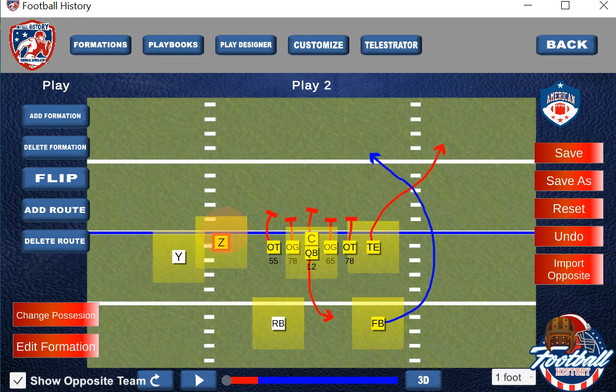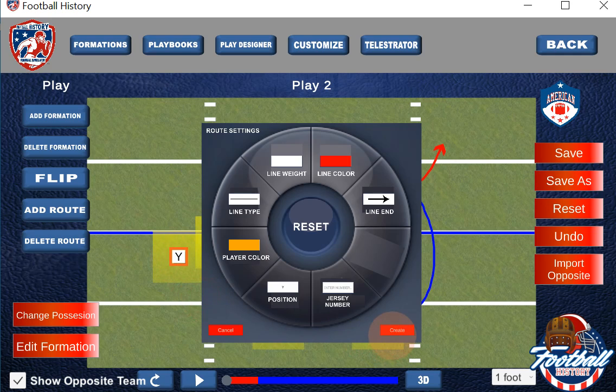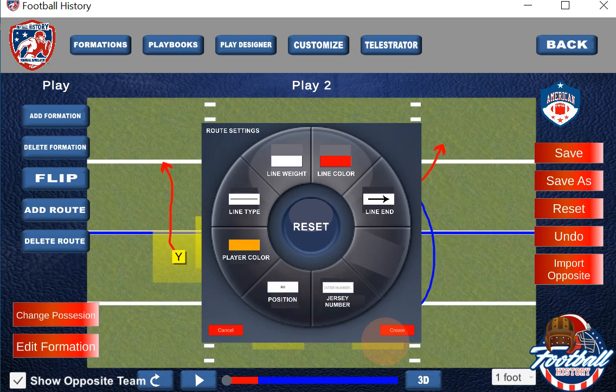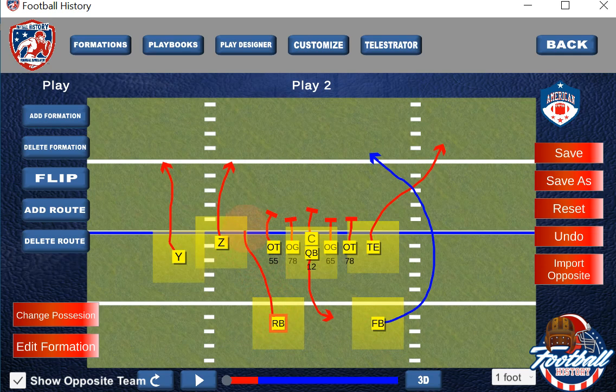And once we get our routes together and done, we'll go ahead and do our ball transition. The way you do ball transitions in Football History is you hit the change of possession, because the center has to transition the ball to the quarterback. And then from there, the quarterback will make a decision on whether he wants to hand off or pass the